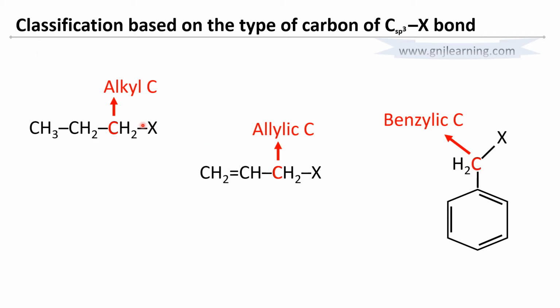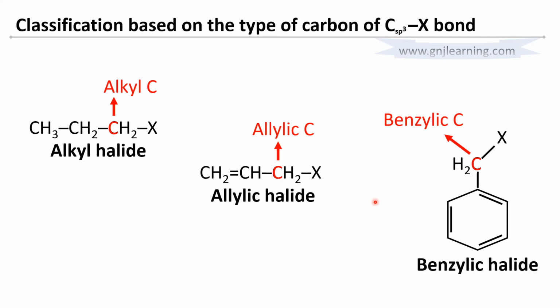So accordingly, let us see how we can name the compound where X is attached to the alkyl carbon. We call it an alkyl halide. Why do we call it an alkyl halide? Because this halogen atom is attached to the alkyl carbon. What will be the name of the next one? It is easy to predict. It is called an allylic halide, because the X is attached to an allylic carbon. And the third one, we call it a benzylic halide, because the X is attached to a carbon that is